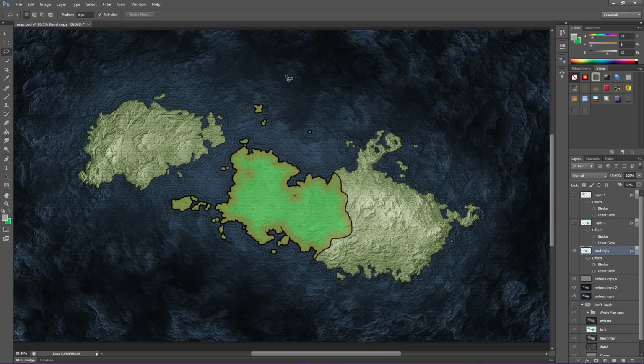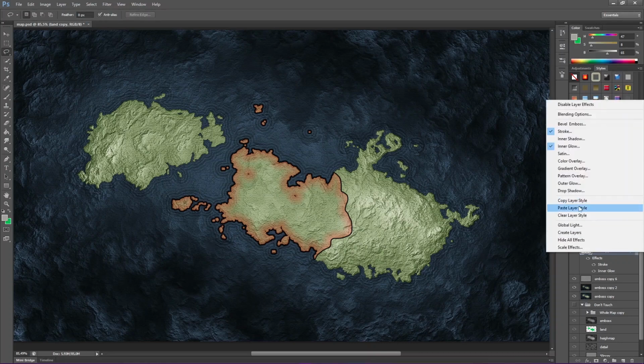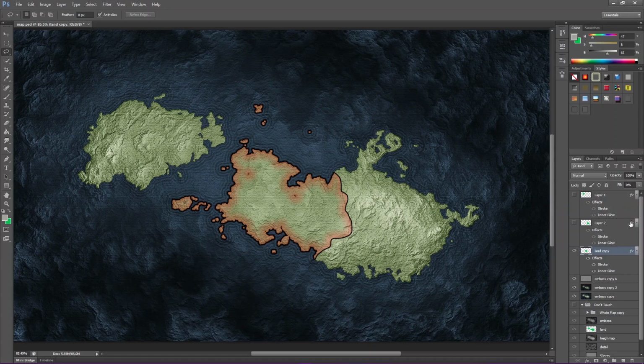Yes, and obviously with this sort of effect, particularly the sort of effect where you are popping a lot of extra information, I would drop my fill right out. So you just get your effect applied on top without it adding all of those extra pixels, losing all of the detail that you've worked so hard to create. Actually, I'm going to copy this. Let's go copy layer style. I'm going to paste layer style, make them visible, and you can see the sort of effect that creates.